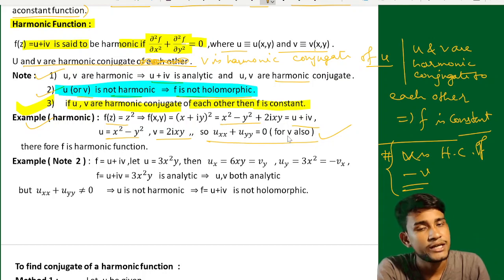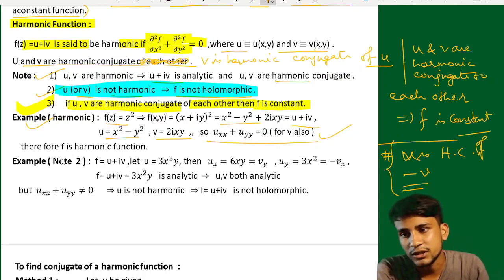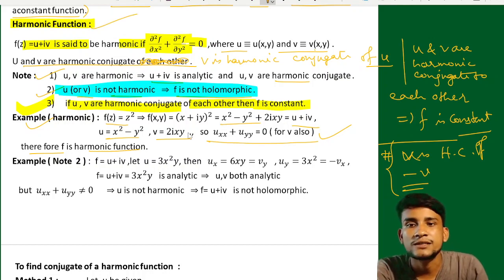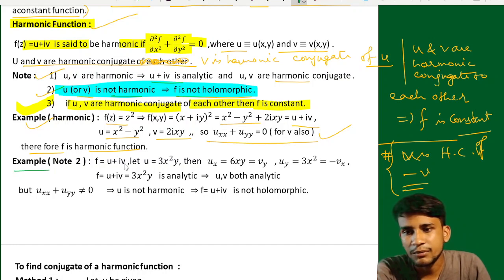For v also, this satisfies the conditions of harmonicity. Now, therefore f is a harmonic function. So this is the definition of a harmonic function. Now there is an example, note 2: if f equal to u plus iota v, u equal to